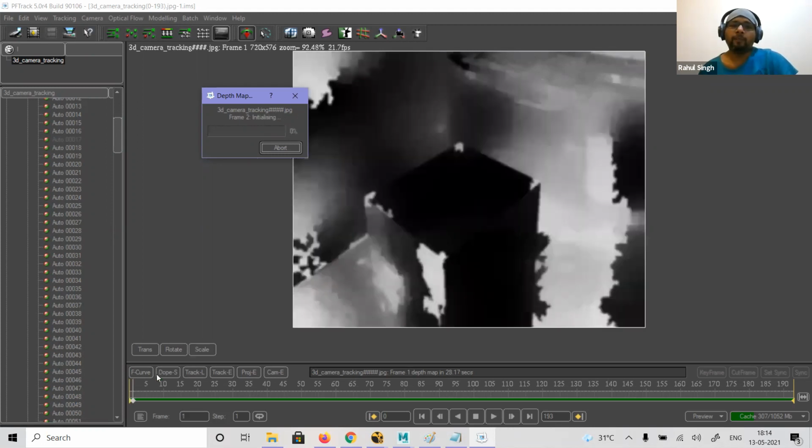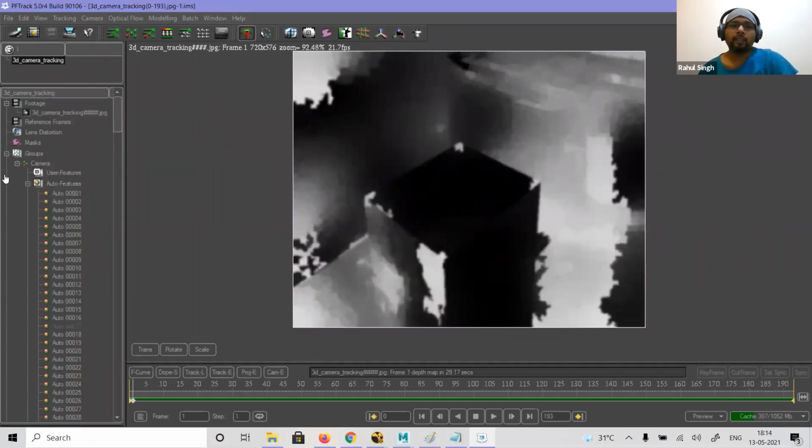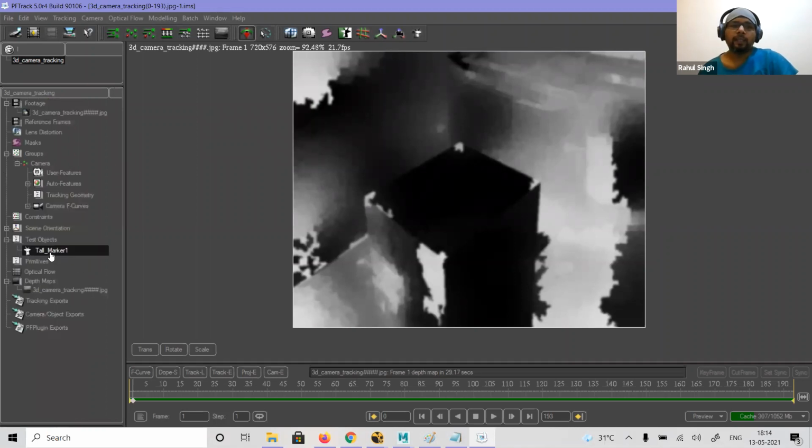This is the frame number 1. Till now, only 2 frames have been done, 0 and 1. I am now on the frame number 2. So I'll just abort it. So this is what the depth map is. So I can use it, right? So basically, it is not of that much use.